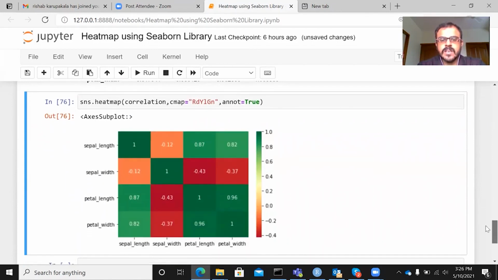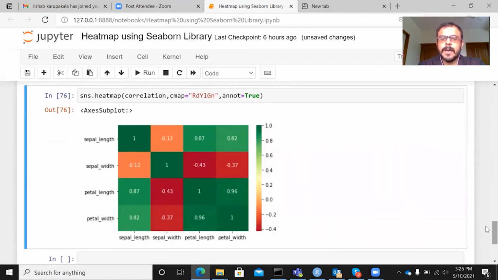Once you execute this, you will be able to see a beautiful heat map here. Even before I look at each and every value, please look at the color scaling. Wherever the correlation value is 1.0, in fact above 0.8, you will see dark green cells.